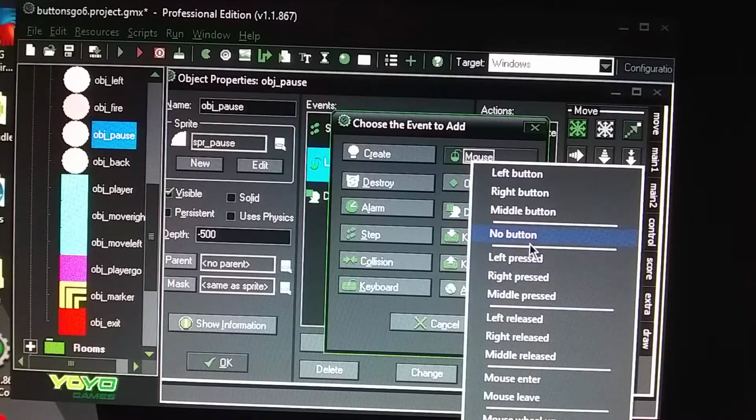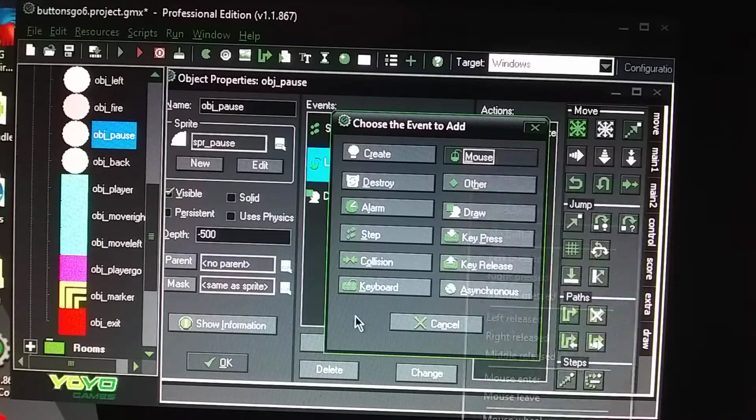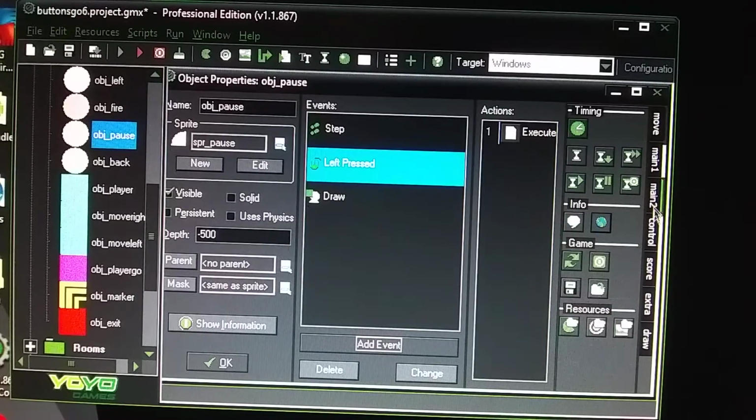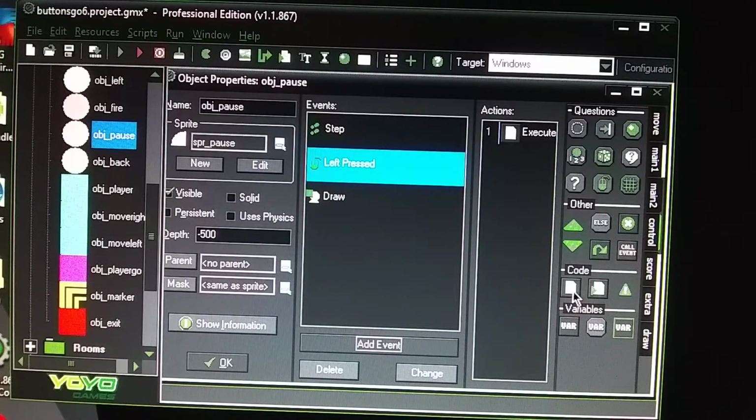And if you do multiple buttons, you can use left press on all the buttons for your device, for your mouse clicks. That's fine. You just can't use any of the other buttons. They won't work on your Android device. I've already tried it. Alright, so you use left press, then you grab a coded sheet from the control tab,